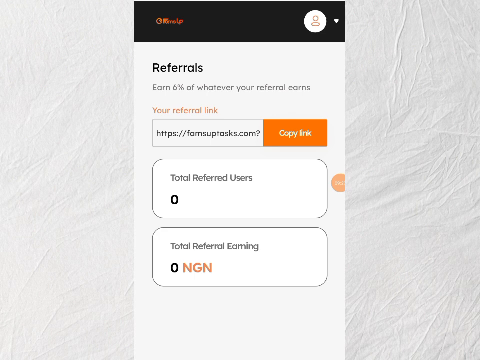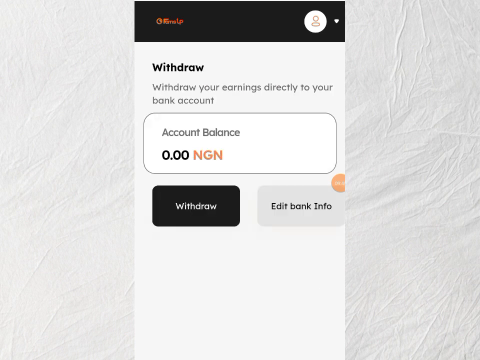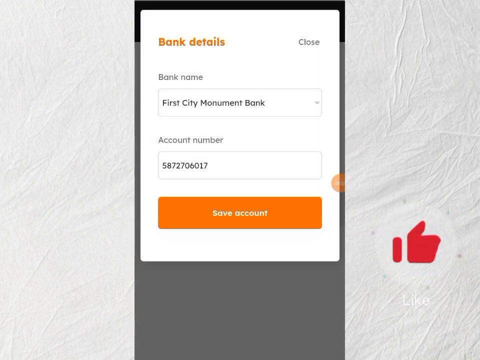And when you earn up to 500 naira or even more on the platform and you want to place a withdrawal, all you have to do is click on this withdrawal icon right here. When you click on this withdrawal icon, the first thing you are going to do is edit your bank information by clicking on this edit bank info right here. And guys, you can see I've registered my bank name.